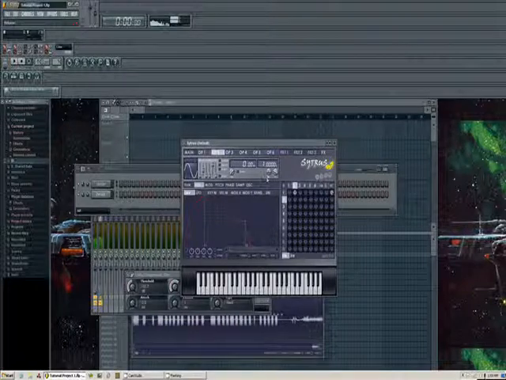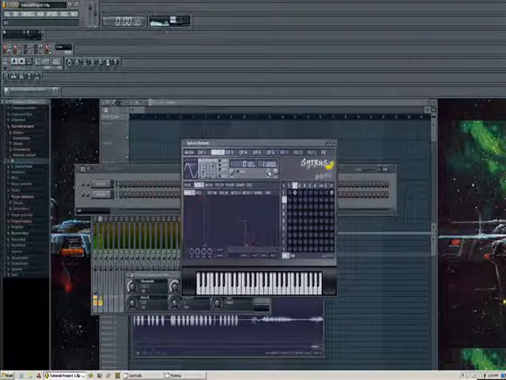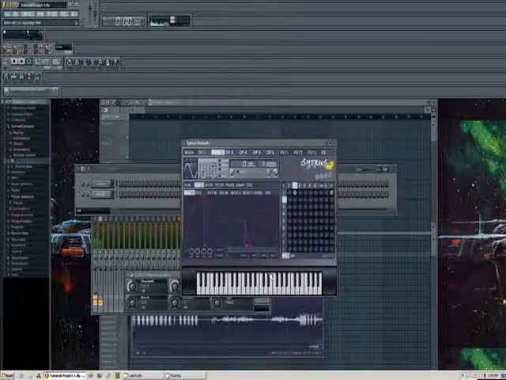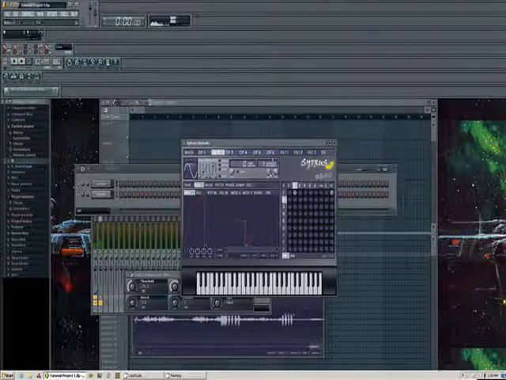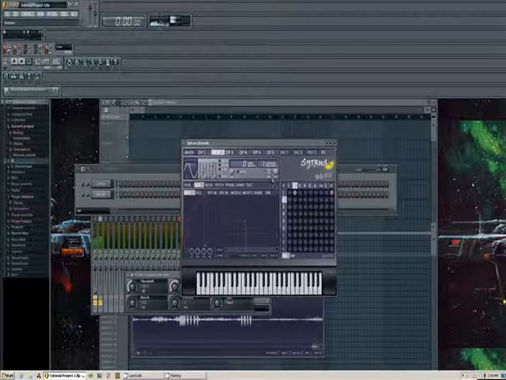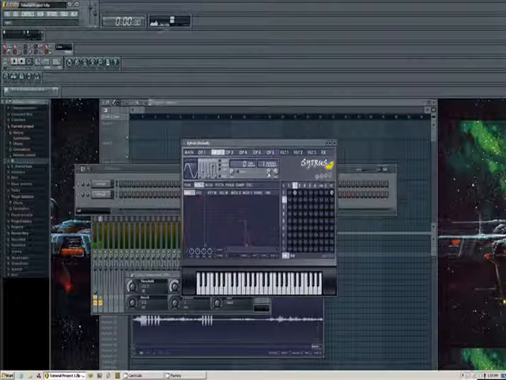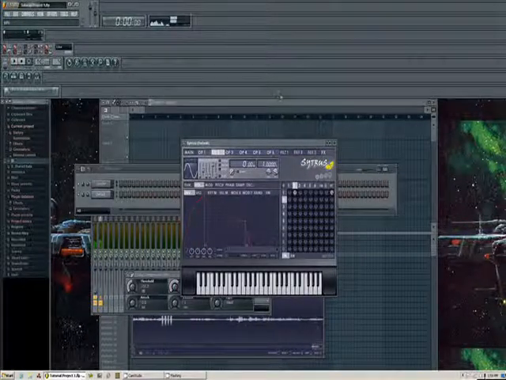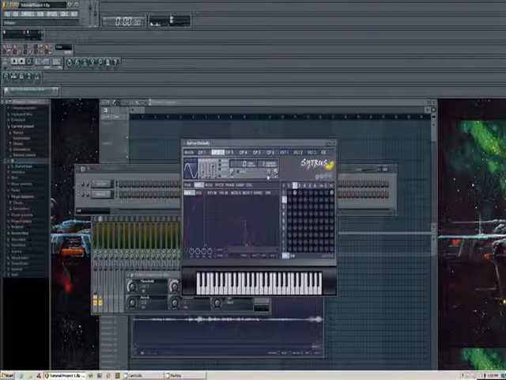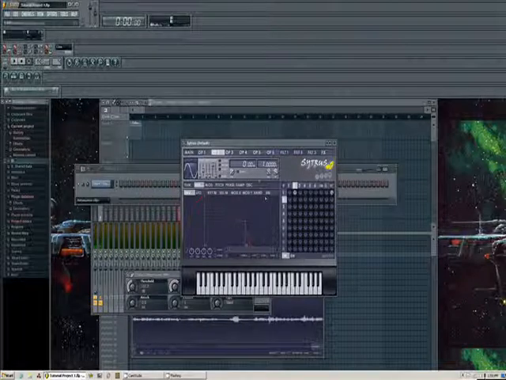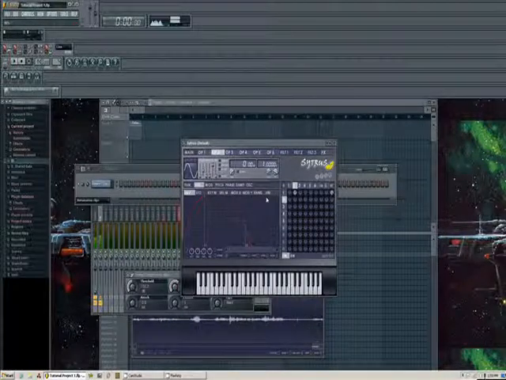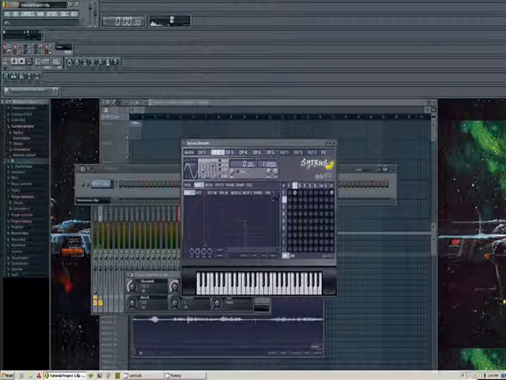You'll notice how at the center of the knob, it's at 0. If you turn it to the right, it's positive, and if you turn it all the way to the left, it's negative. So it's like a phase thing. What I'll do is create an automation clip for the volume of the oscillator. And in order to make it not go all the way down when you're automating it,